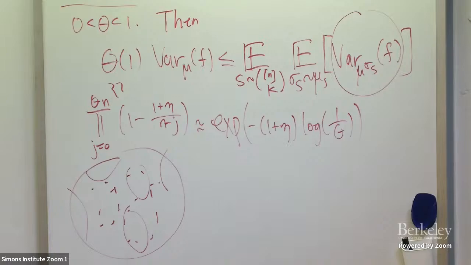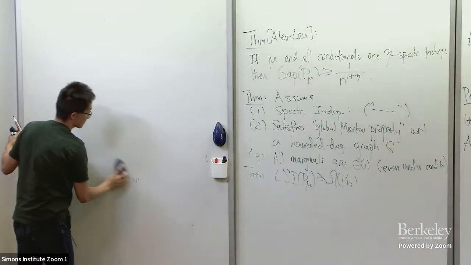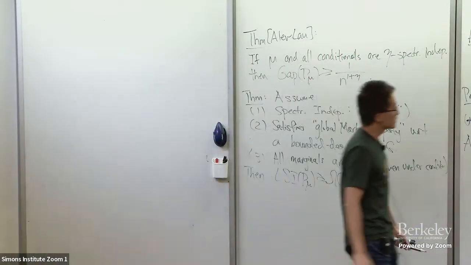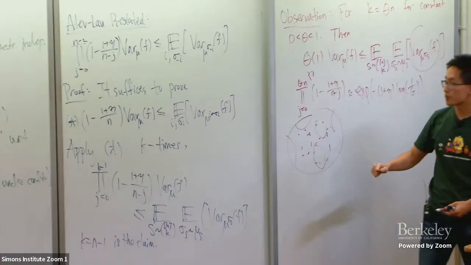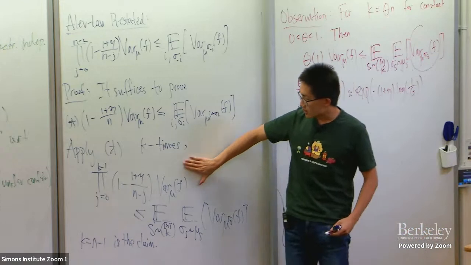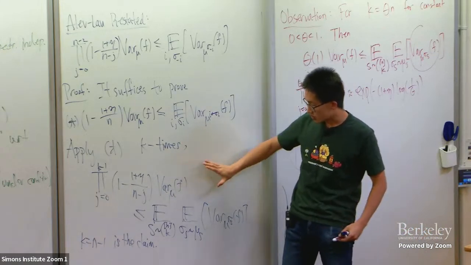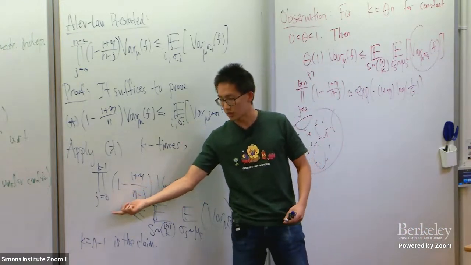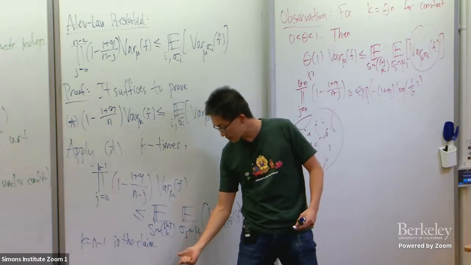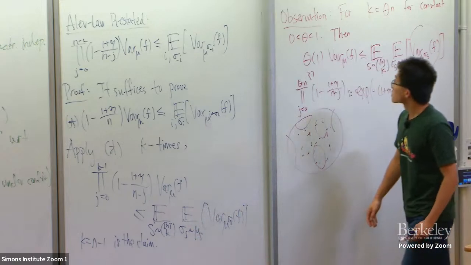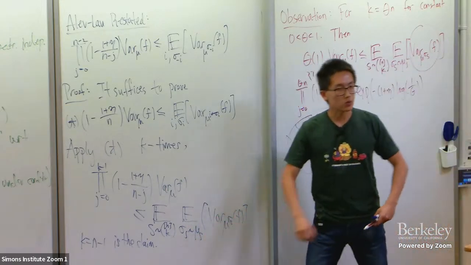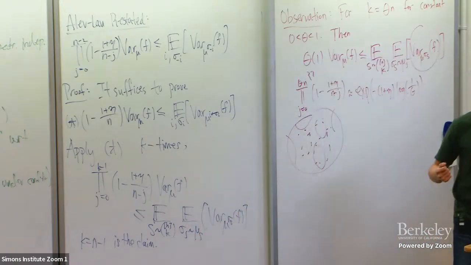Wait, can you explain again why exercise one step? Yeah, very good question. So let's forget the factorization thing for now. First, you believe that if I apply this k times, I get this kind of inequality where I take a product up to k, and now I'm sampling a subset of k vertices. So what I'm saying is that if I take k to be order n, not exactly n, but theta of n,